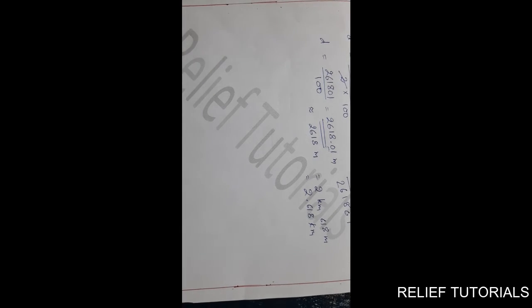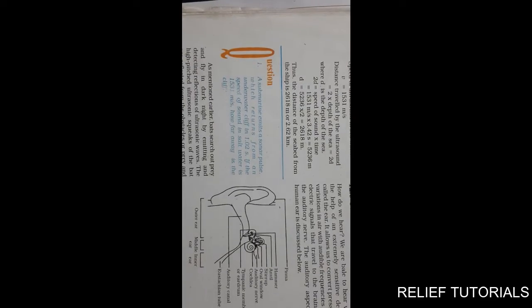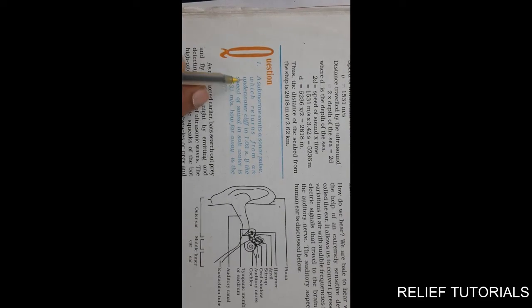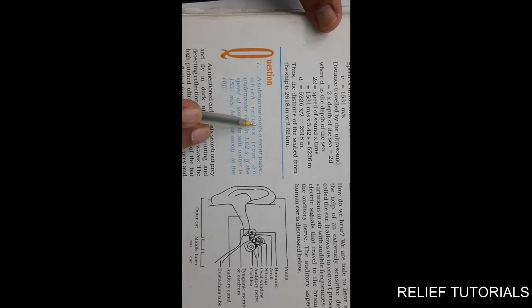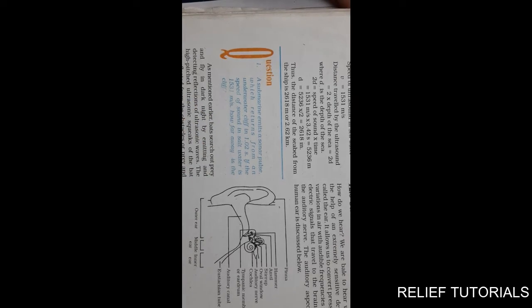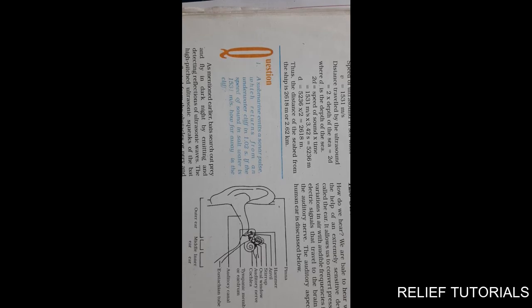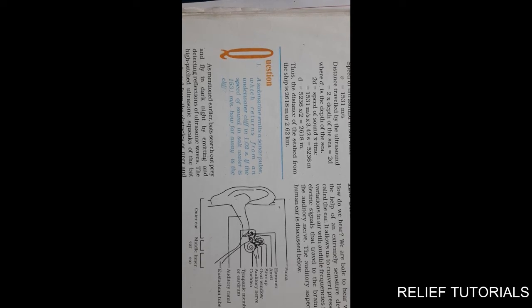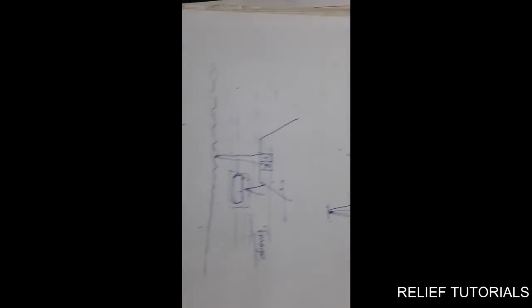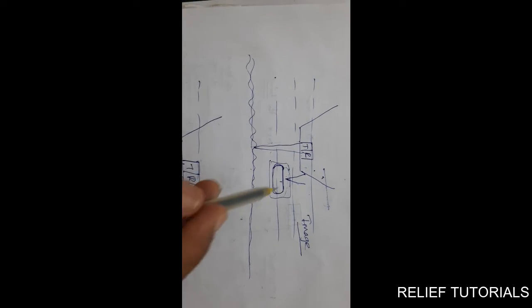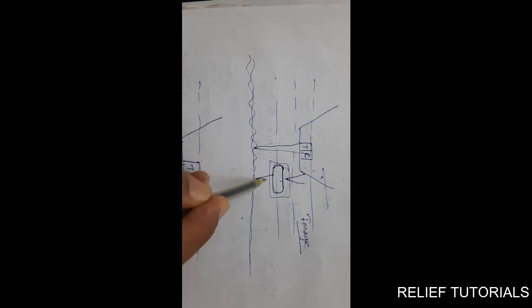In our textbook, we have one more example regarding this. Let us see. On page number 172, we have seen this example. A submarine emits a sonar pulse. See, not only the ship, even the submarine can use this device. See how the submarine uses it. Let us say this is the submarine. So the submarine also takes readings like this.